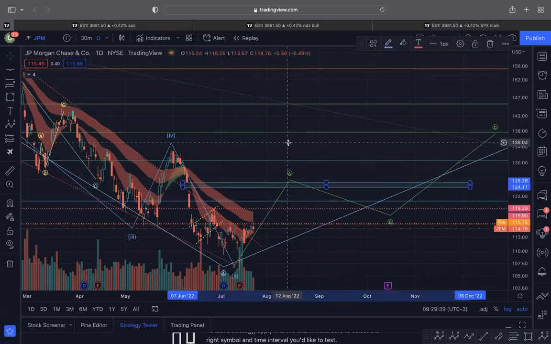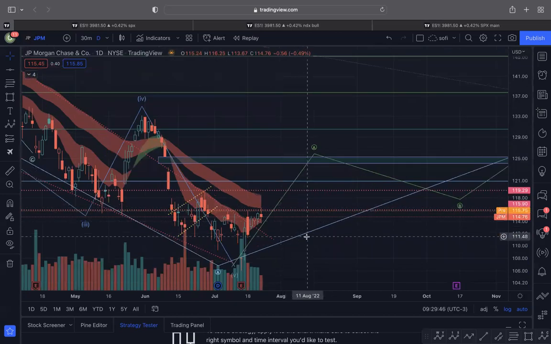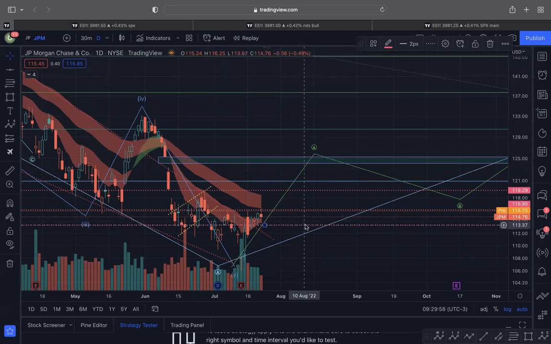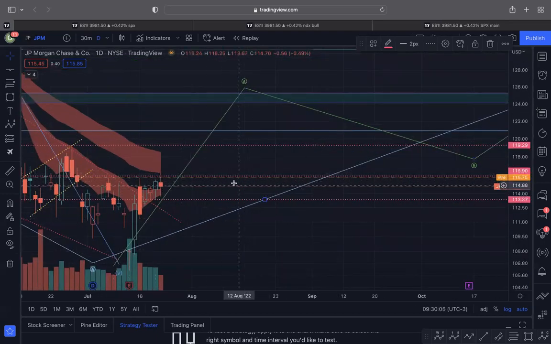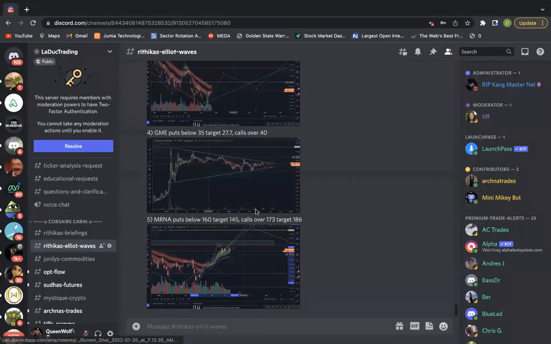So this is the bullish version for JPMorgan. Obviously, you can see this is acting as resistance, and you can kind of see that below here has also, for the past 3 days, acted as support. So if the support breaks at 113.5, then we're likely going to come back to 110. So those are your bullish and bear levels, range bound between 115 and 113. Over that bullish, below that bearish. So those are your levels for JPMorgan.